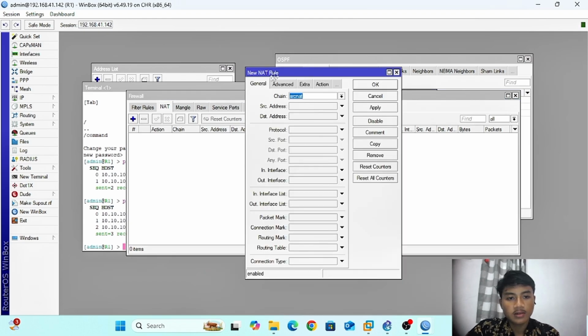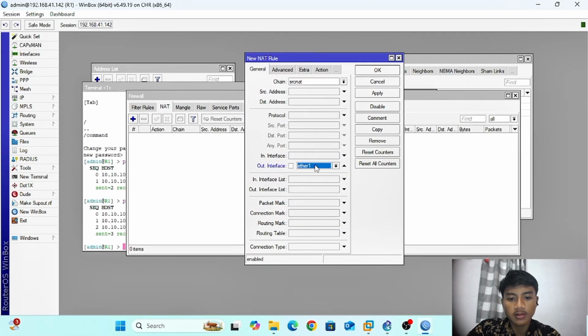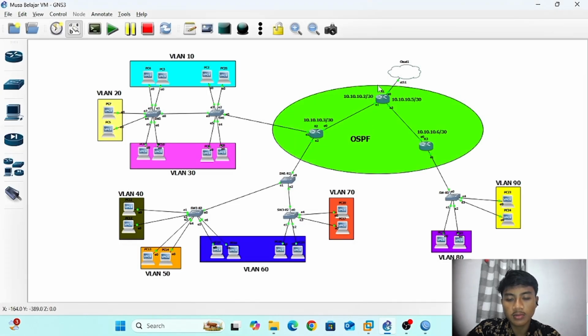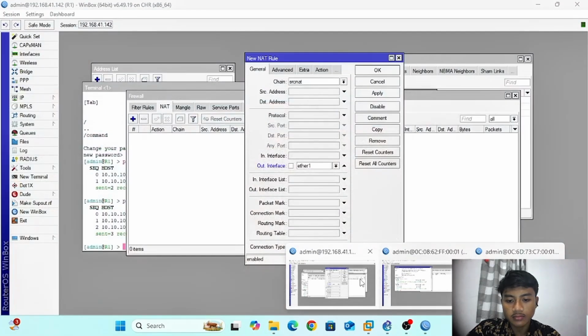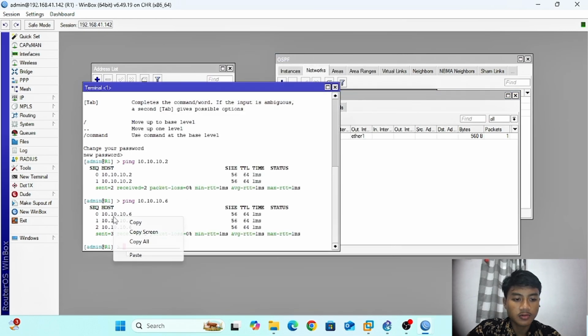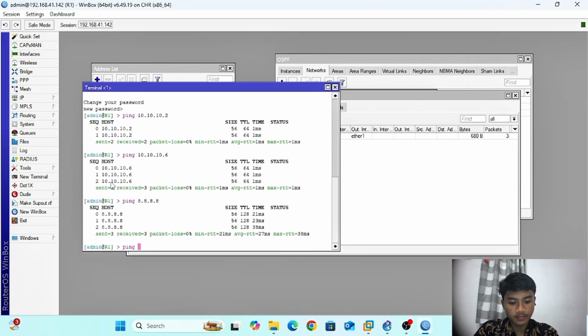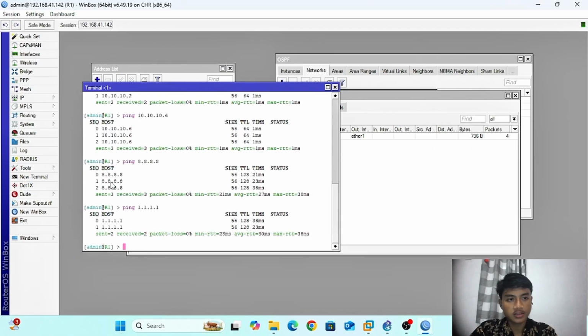In NAT, chain, you can choose srcnat, out interface ether 1, because in the topology we will connect to the internet through ether 1. Action masquerade. Okay, success.